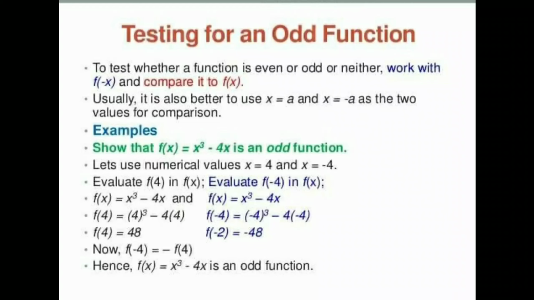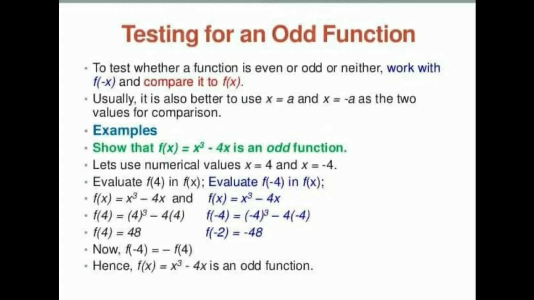So first, by observation you can understand this function is an odd function. But to solve this and check whether the function is even or odd, first we find the zeros of the given function. First we simplify and find the value of x cube minus 4x. After solving we get three values: x is equal to 0, x is equal to 4 and x is equal to minus 4. And evaluate and check at the point